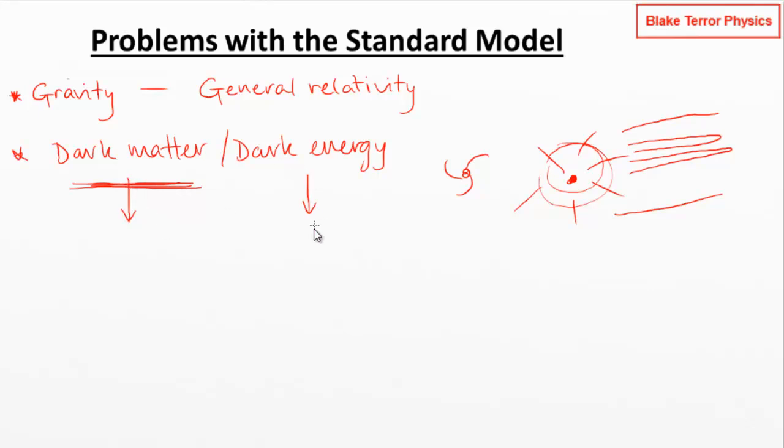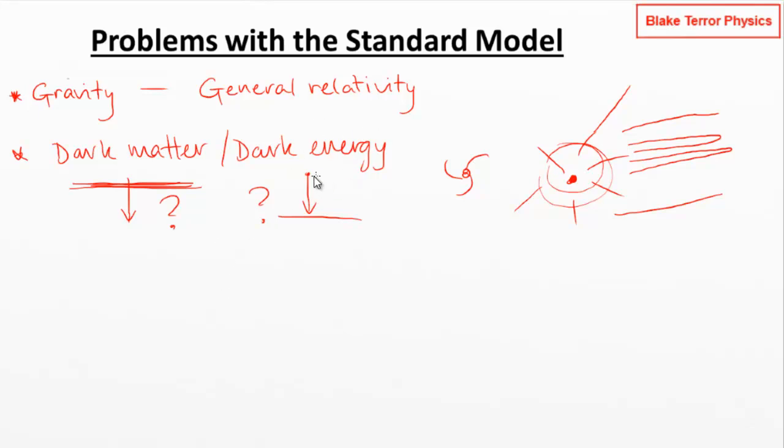But then more recently, over the last 20 or 30 years or whatever, there's been this discovery of dark energy. It appears that the acceleration of the universe is speeding up, and there's some kind of energy which is driving this. But again, we don't have an explanation for what this energy is. Where has it come from? How is it operating? We've got two big unknowns here.